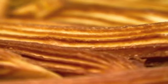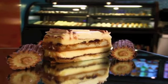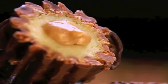I had no idea that the crunch was such a big part of the churro. Yes. It tastes great plain. Even with very little seasoning, I could eat it just like this. To make these churros, the retro Spanish street snacks are about to meet up with a classic Italian dessert,